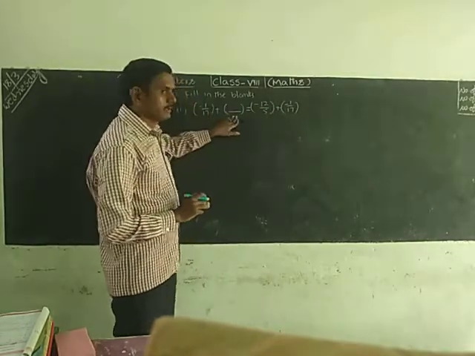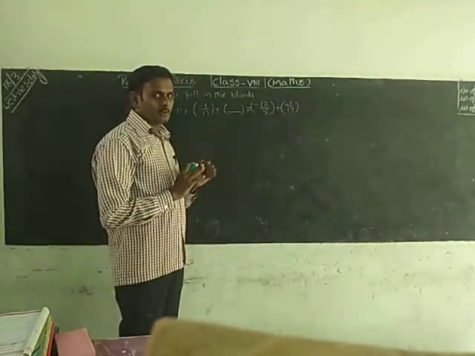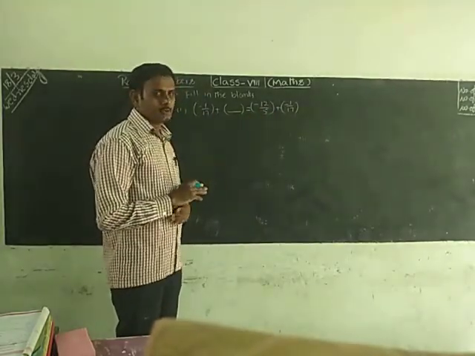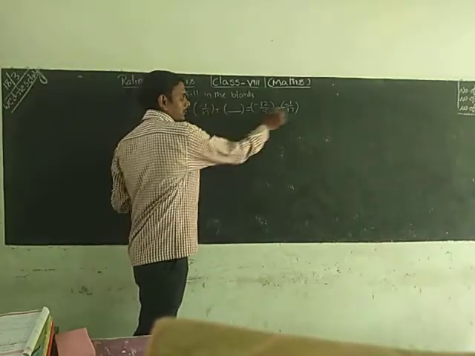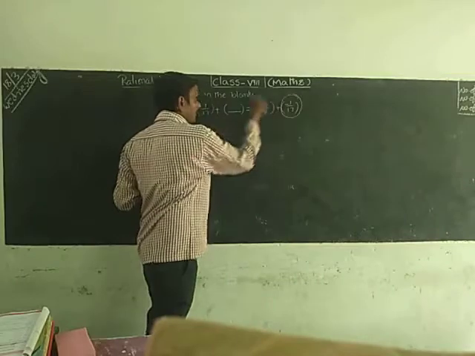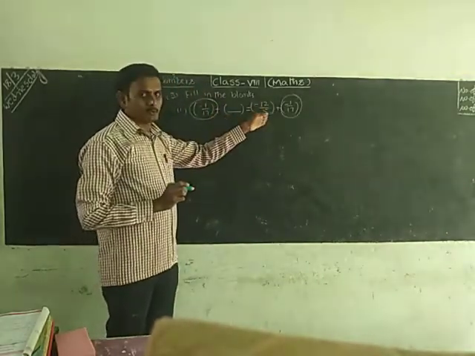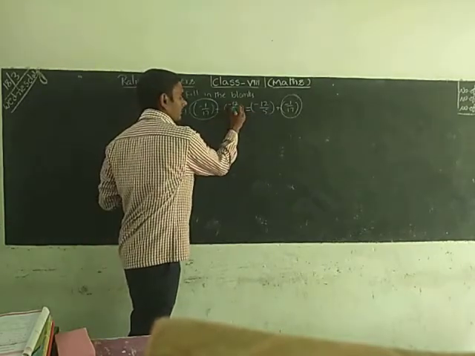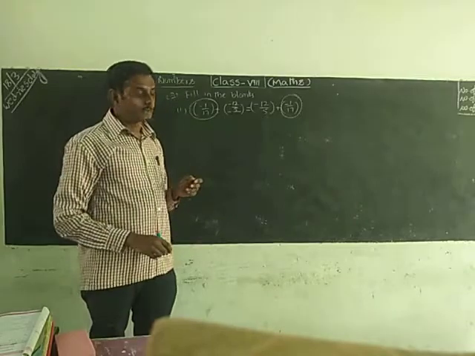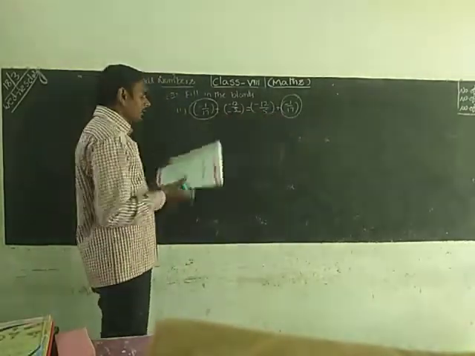Here two numbers are adding, and here also two numbers are adding. Is there any same number on both sides? On either side we have minus 1 by 17. These two are the same. What remains? The blank and 12 by 5, so we have to get 12 by 5. This property is the commutative property: A plus B equals B plus A.